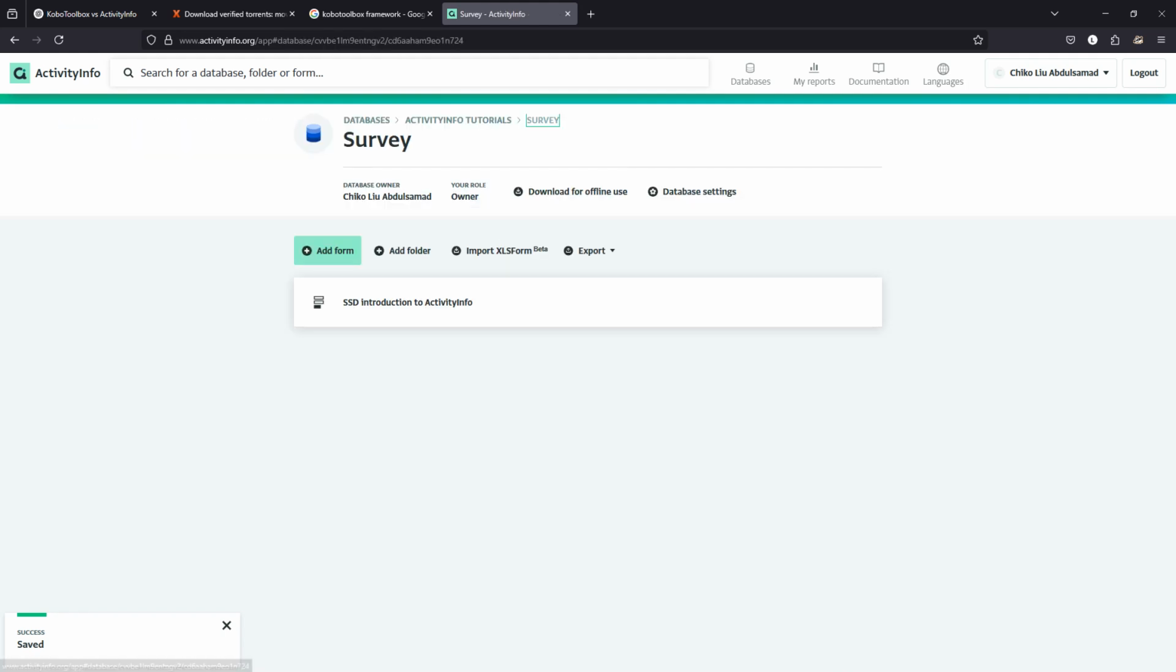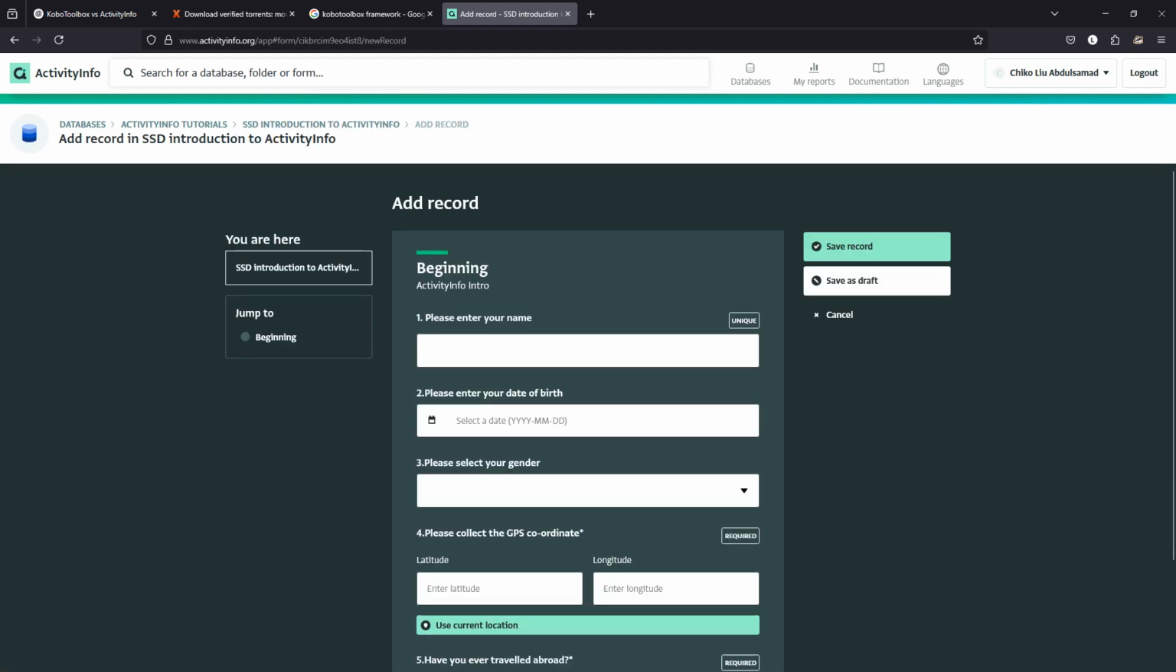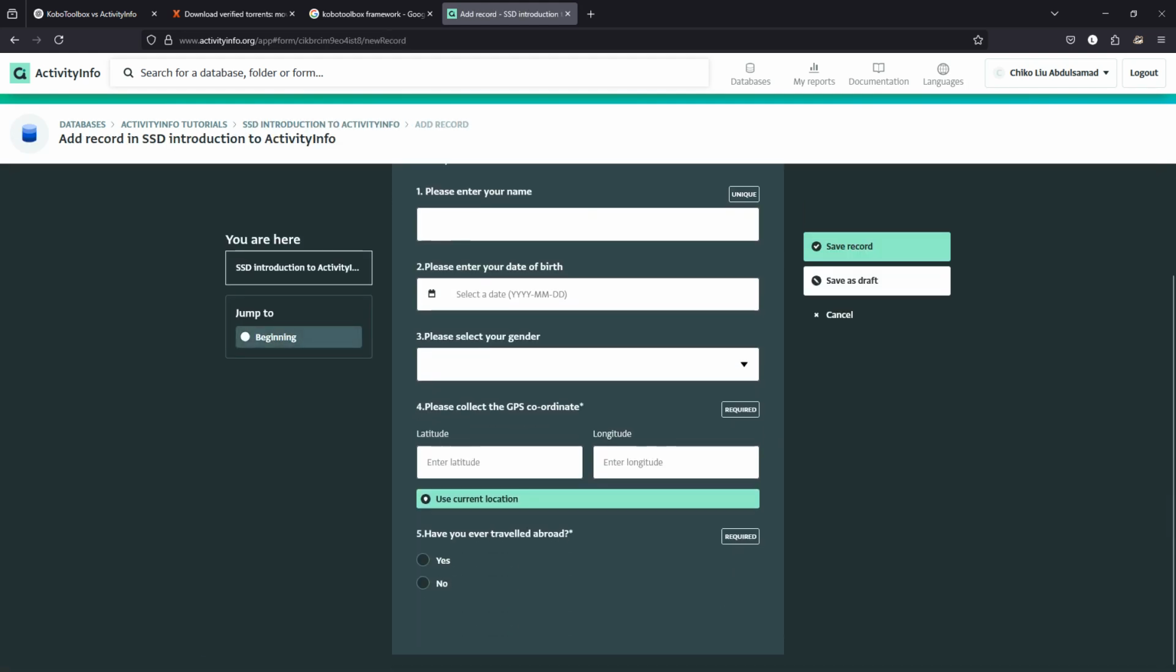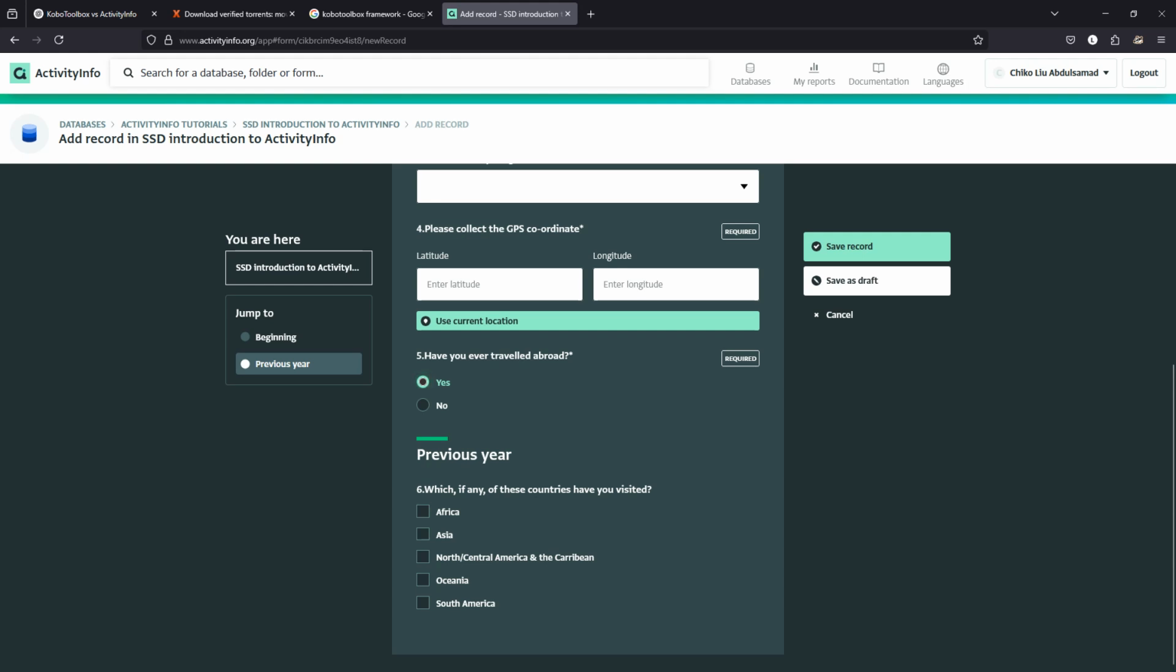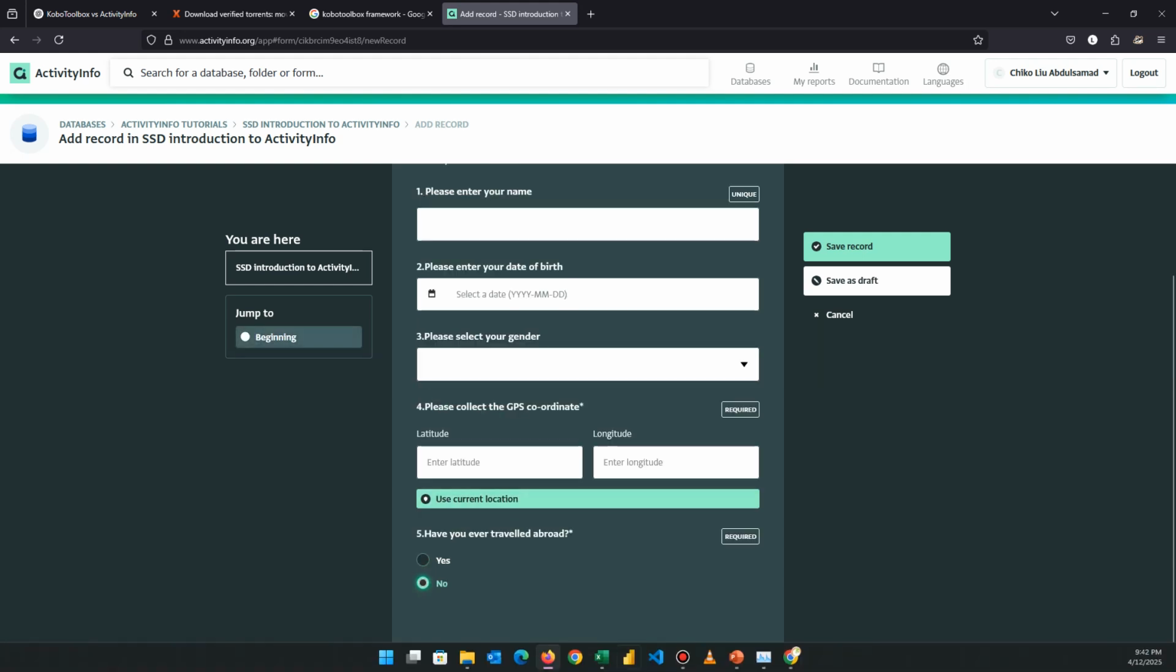So this is more. Let me go to add records, and now it's not showing me the next session head, and that's because I've not chosen yes here. If I choose yes, I'm going to see it. If I choose no, it's going to disappear. So the same thing with